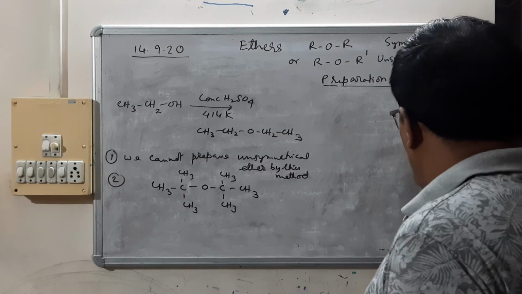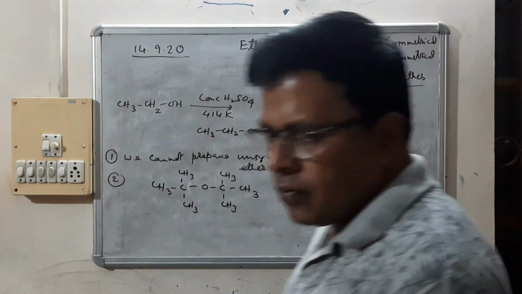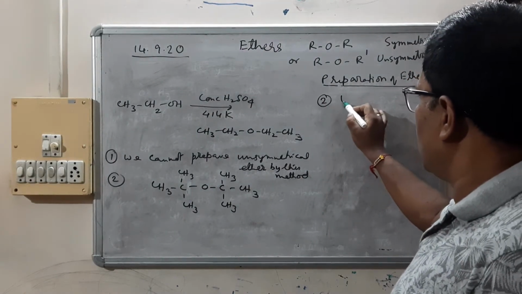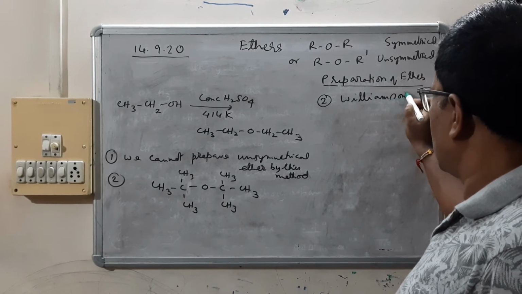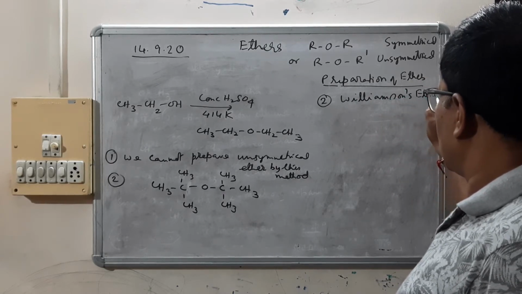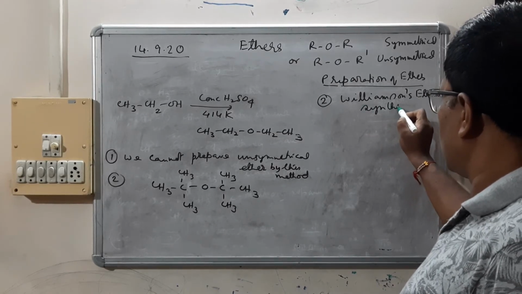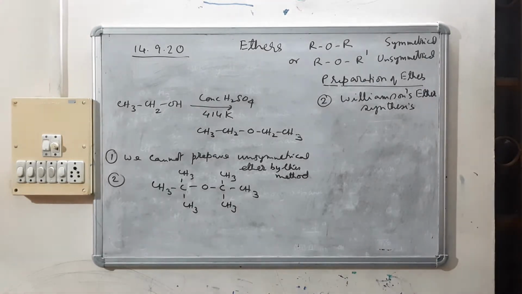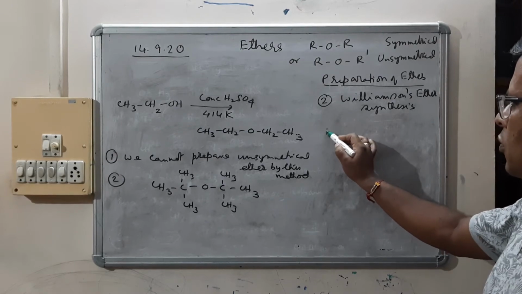So the second method is Williamson's ether synthesis. Williamson's ether synthesis. So here, what we have to take, we have to take an alkyl